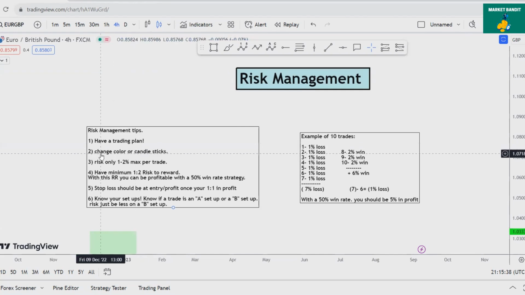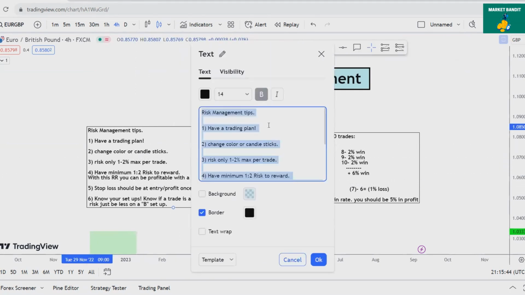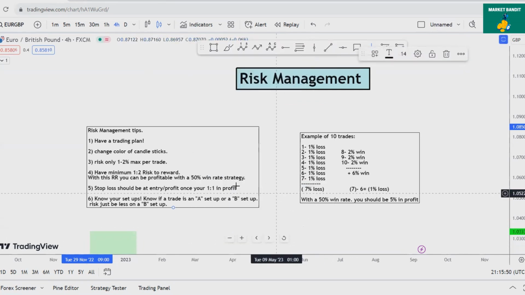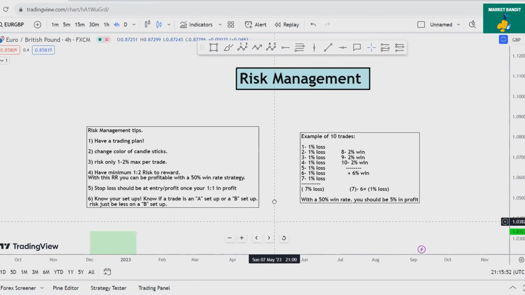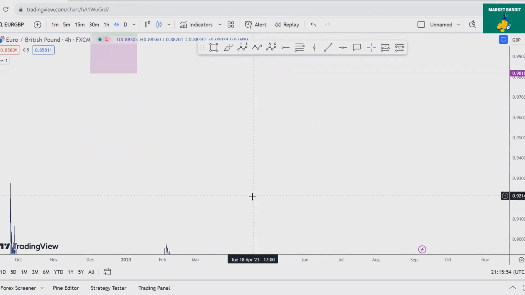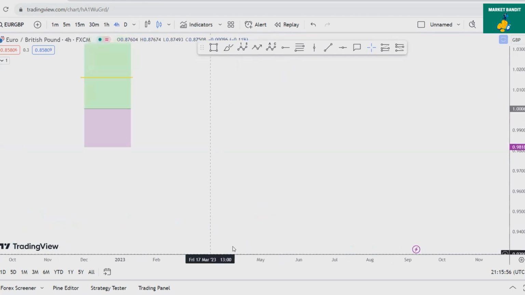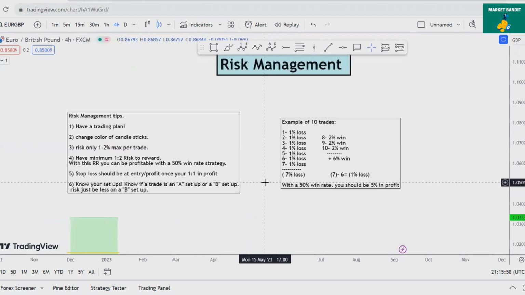The second tip for my risk management is changing the color of your candlestick. I put it here, the color of your candlesticks, right? And you guys can screenshot these tips and have them always, right? And the reason why I say change the color of your candlestick, as you can see, the candlesticks on my chart is blue and black, right? The reason I don't keep it as